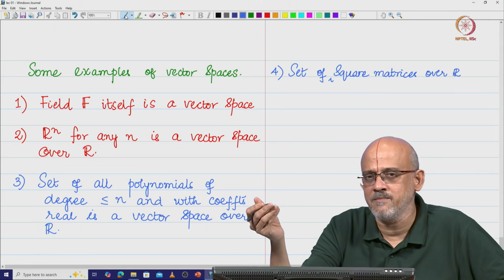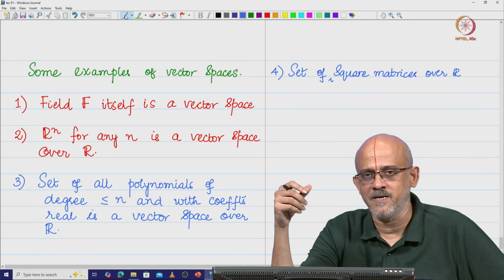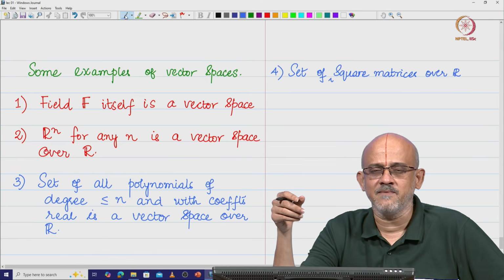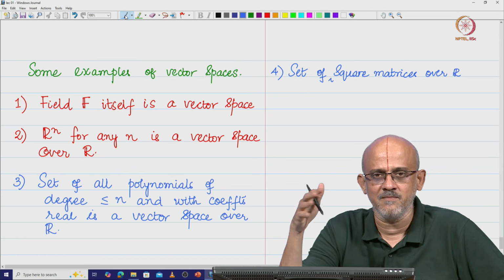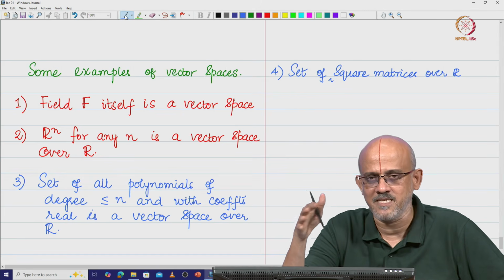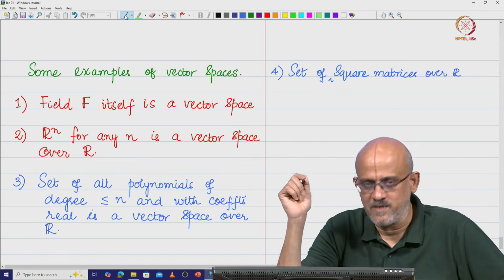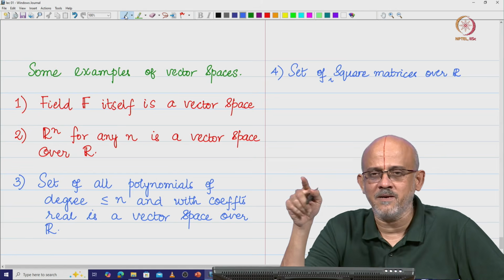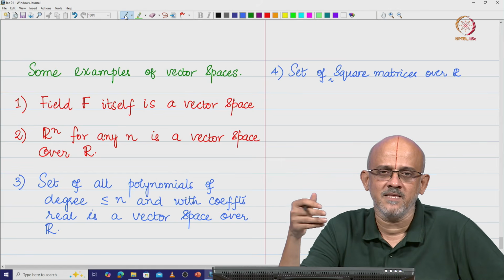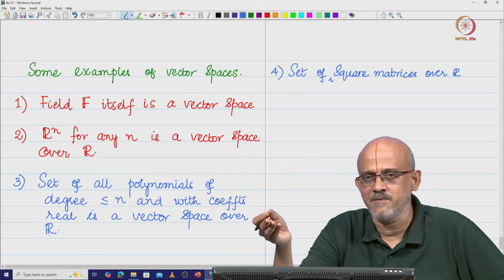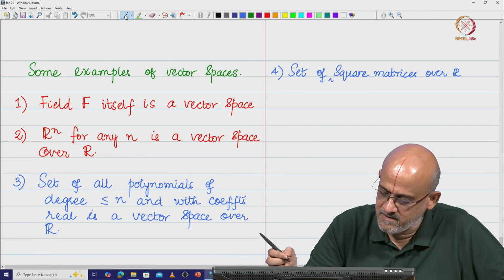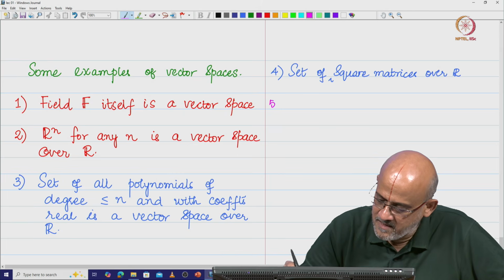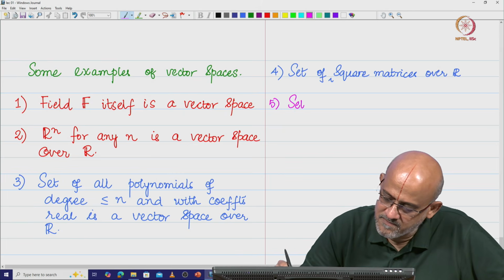you take any 2 square matrices, add them, the resultant is going to be a square matrix. You take a scalar multiple, a constant k, and multiply a square matrix, all the elements of it get multiplied by this k. So, the resultant is yet another square matrix, and the square matrix which contains all the elements to be 0 is also a valid square matrix, and therefore, we are going to have the set of square matrices over R to be a vector space.